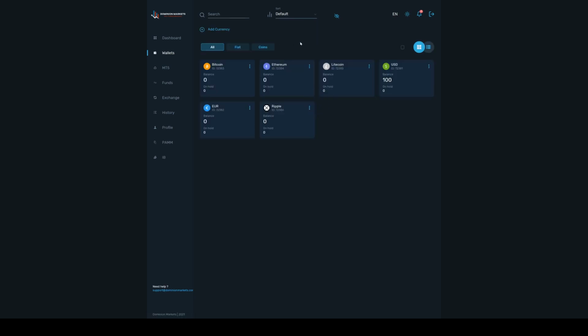Now, in this section, you can see we have multiple wallets. We have the Bitcoin wallet, Ethereum wallet, Litecoin, USD, Ripple, and Euro. Whenever you do a deposit, that deposit will automatically go towards your USD wallet, whether that's a deposit in Bitcoin, Ethereum, Litecoin, Ripple, whatever that is. It will always go into the USD wallet, and from here, you can decide where you want the funds to go. From our exchange feature, if you click on exchange,